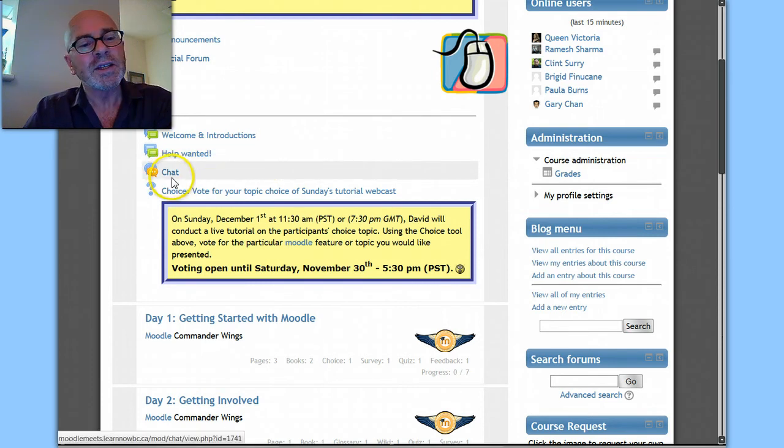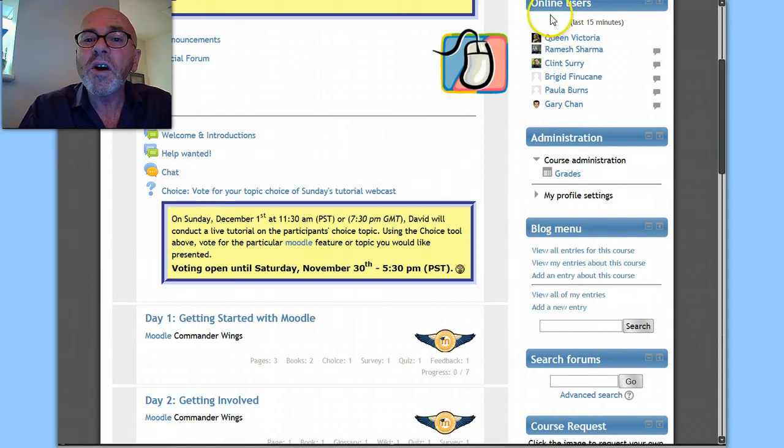Another interesting spot here is chat, and the chat is for synchronous discussions. And I know a lot of teachers that are even using Moodle now don't make a lot of use of this tool. There's many reasons for that, and we can talk about that later. But basically, a good way to use this tool, if you look under the online users on the side, you can see who's currently been online in the last 5 minutes.